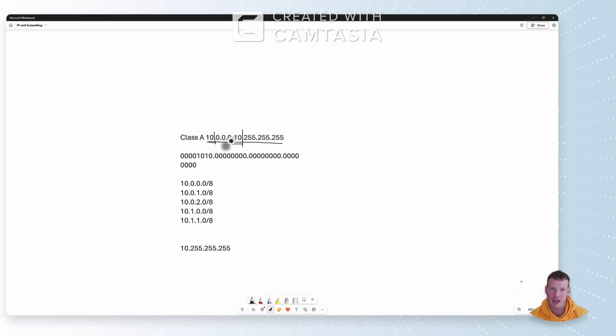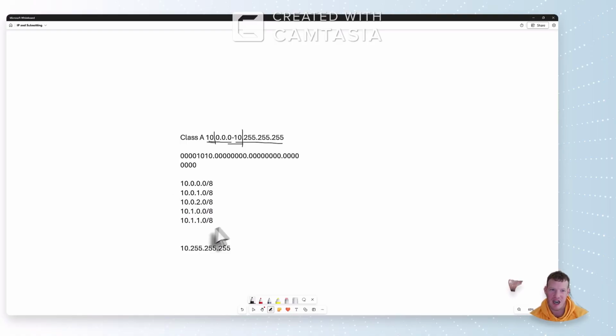But if you're going to have a network this large, you're probably going to want to break it down, because that means you're going to have a ton of other departments because you're a huge company like an ISP. So to break it down, we could just subnet really wherever we want in any of the remaining 3 octets. So let's just go ahead and take a look at what some default ones look like. If we had 10.0.0.0/8 or 10.0.1.0/8 or 10.0.2.0/8